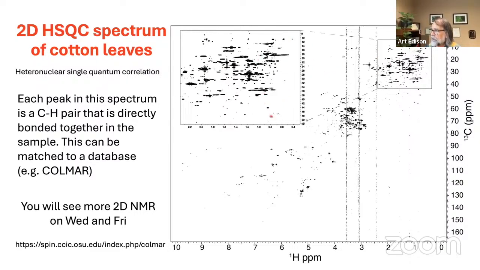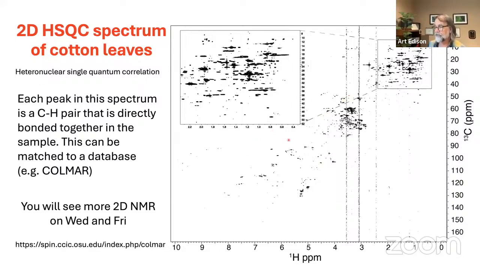So for example, this peak right here that shows up where my cursor is, this is a proton that has a chemical shift of about 0.8 parts per million, and it is directly bonded to a carbon that has a chemical shift of just over 48 parts per million. That's the information contained in this HSQC spectrum, just the information between 2 atoms that are bonded together. But this provides essentially a fingerprint of this